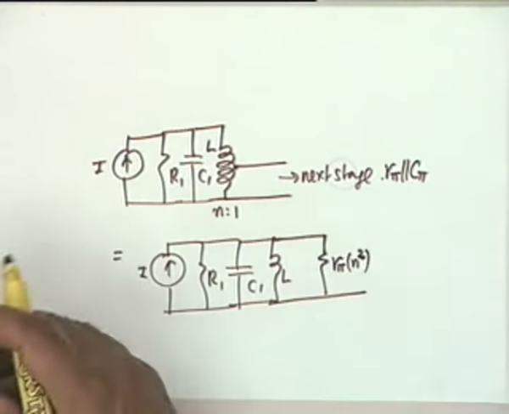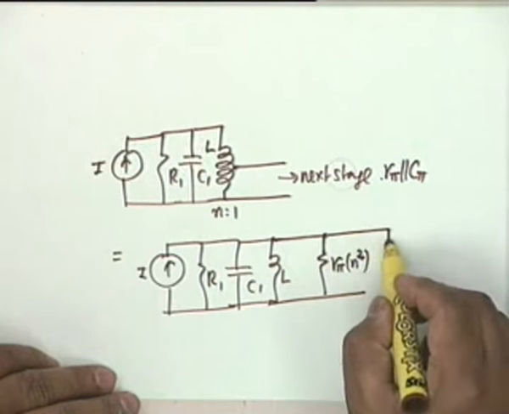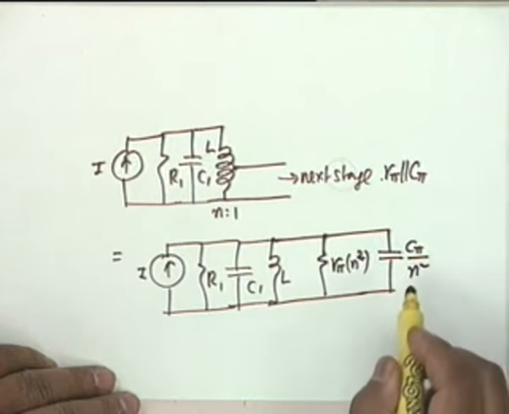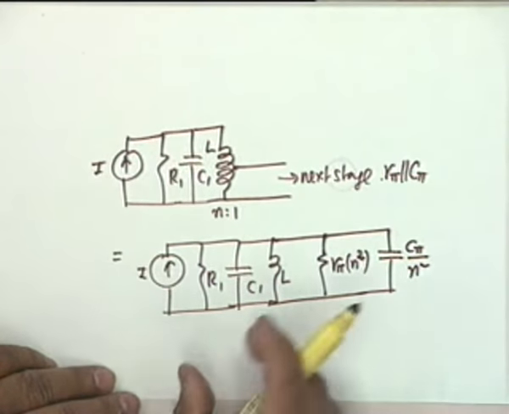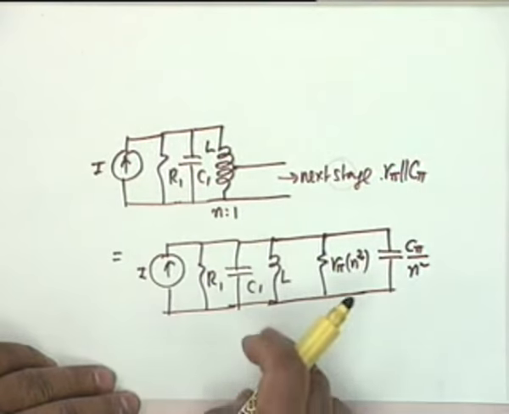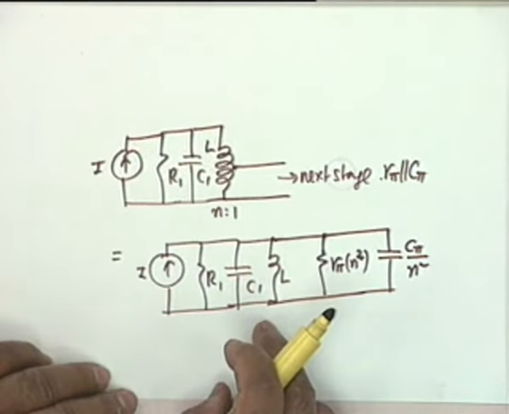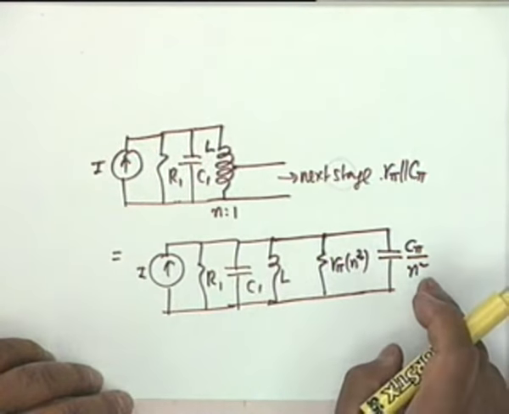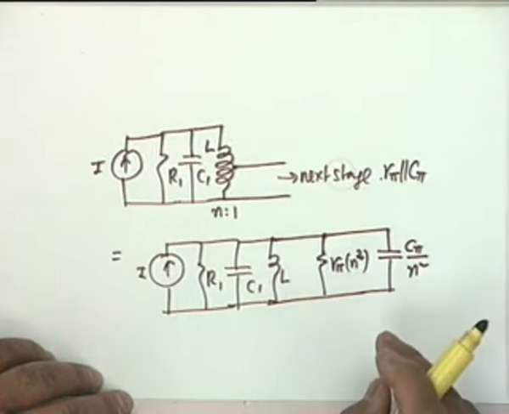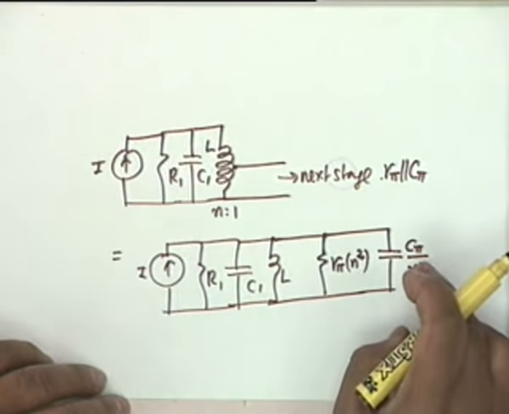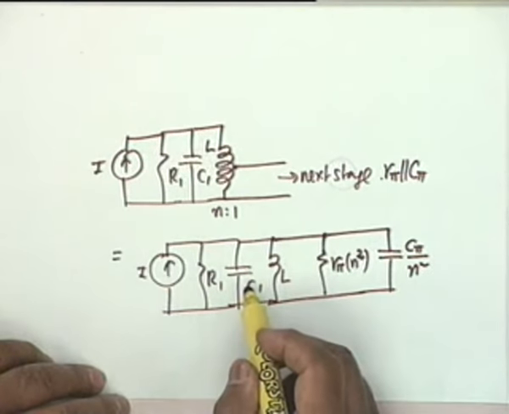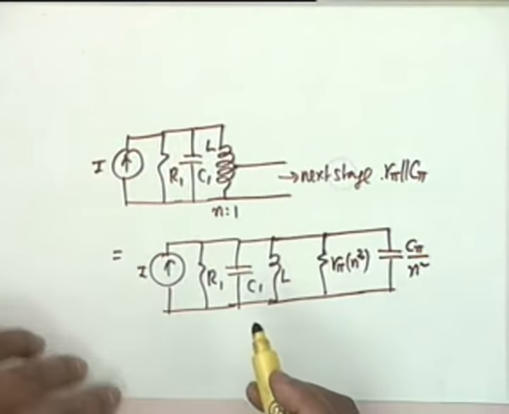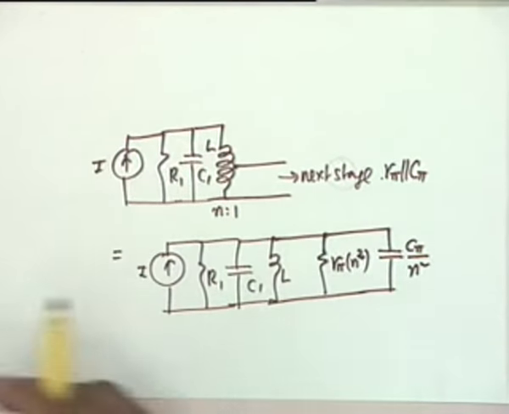So you reflect a higher resistance to the tuned circuit, and the capacitance would be, what about the capacitance? It will be C pi divided by n squared, therefore a smaller capacitance. In other words, the detuning of this circuit would be minimized. You can choose your n. If n is 3.3, then it's 10 times less. If C pi is 10 puff, it would reflect only 1 puff here. So the effect on C1 would be minimal. Effect on detuning would be minimal. So an auto transformer is also used in that connection.